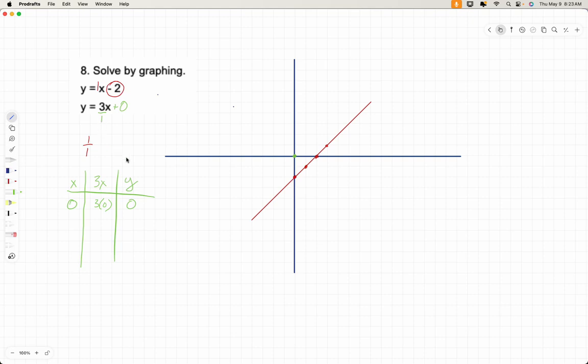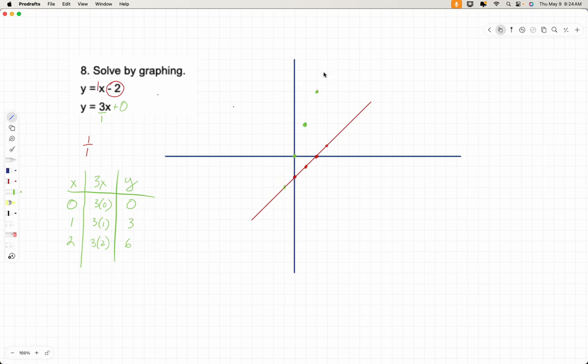So I'm going to show you that on here. 1, 2, 3 over 1, right? So if x is 1, 3 times 1 is 3. So the x is 1 and the y is 3. If x is 2, the next point, then 3 times 2 is 6. That means that if x is 2, then it should be right here. Let's see. Up 3 over 1. That's exactly right. So if we keep going in this direction, this should be down 3 and over 1 the other direction. Down 3 over 1.